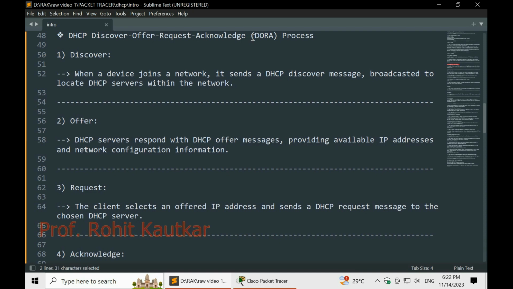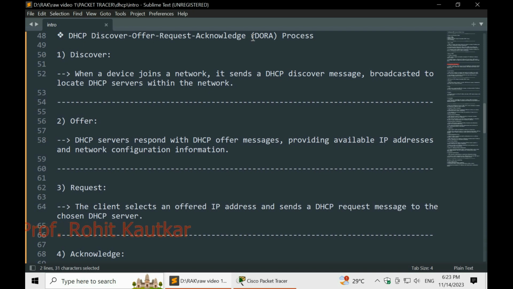Second stage we have in this DORA process, offer. Whenever a device sends a DHCP discover message, it will be received by a DHCP server in the network and that DHCP server will respond with a DHCP offer message.